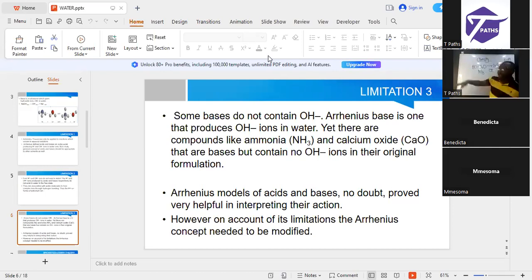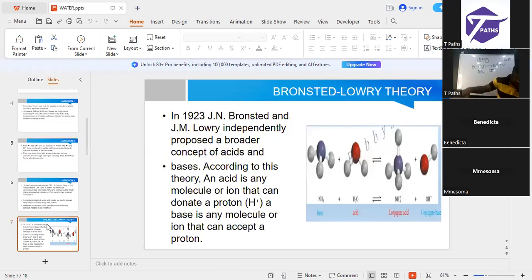However, we need to know that due to the limitation of Arrhenius theory, we can study more, we can at least go further and research more. And that was where scientists J.N. Bronsted and J.M. Lowry came in. In 1928, Bronsted and Lowry independently proposed a broader concept of acid and base, a wider concept of it, and they both led to what they call the Bronsted-Lowry acid